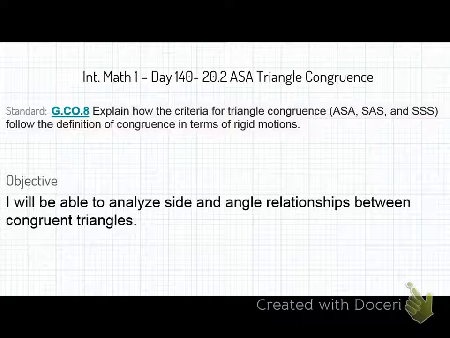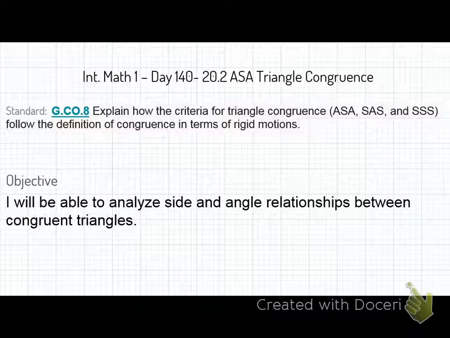Today we're going to talk about angle-side, triangular congruence, okay? So, remember last week when I talked to you about when we compared two triangles and we checked each congruent part? How many angles are possible in a triangle? Three. Good, and how many sides are there in a triangle? Three, right? Remember last week when we compared all 6 parts together and made sure all 6 parts were exactly the same and we said they're congruent? Remember that whole thing? Okay, so today I'm going to tell you that there's actually theorems